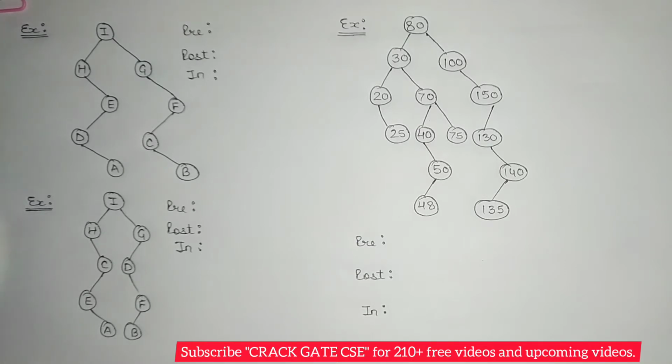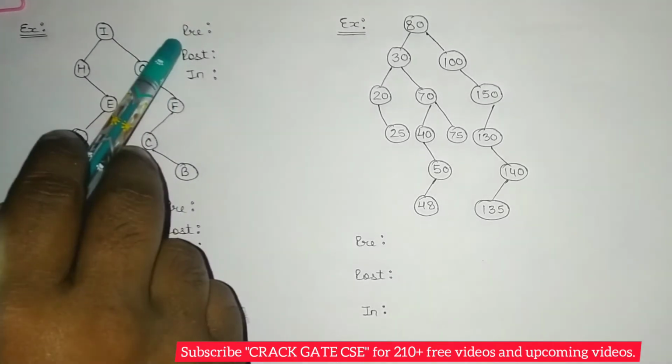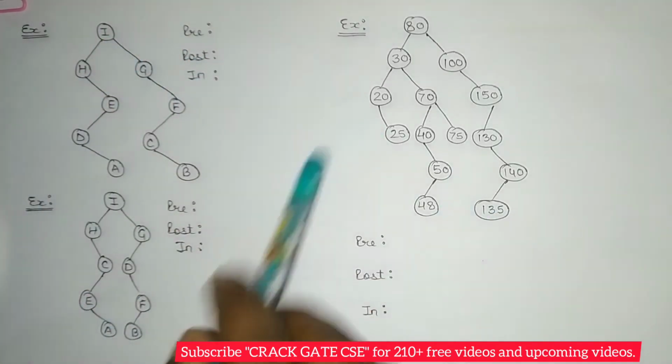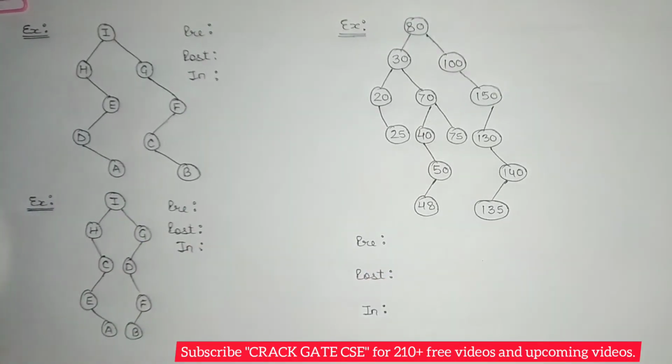So in the previous videos we have discussed what is tree traversal, what is the pseudocode for that, and how you can find out the tree traversal using one example. And in this particular video we will be practicing a few more questions on tree traversal so that you can have a complete idea of how you can find out the order, whether it is pre-order, post-order or in order. I have 3 questions here, and these 3 questions will be super helpful for you to clear your concepts in terms of tree traversal.